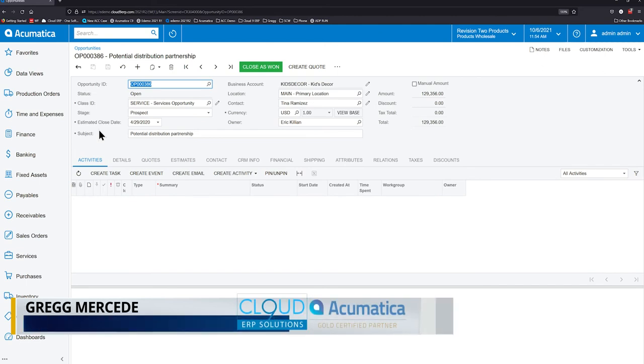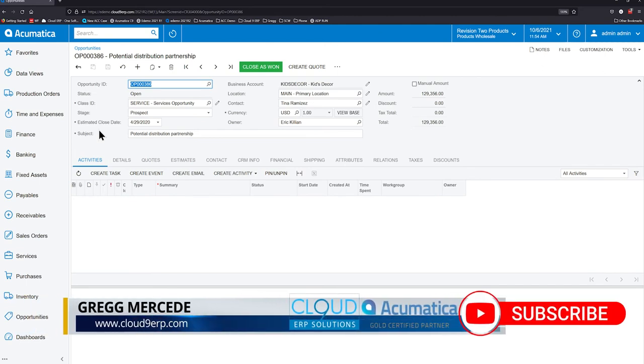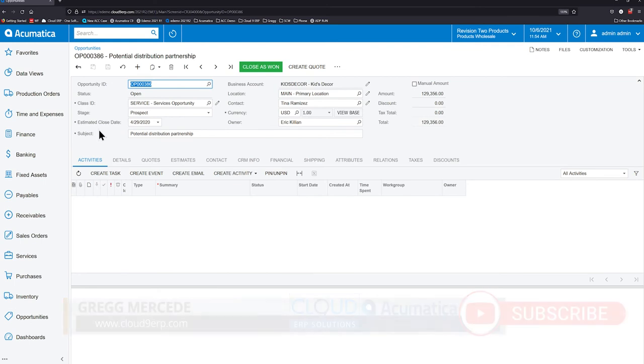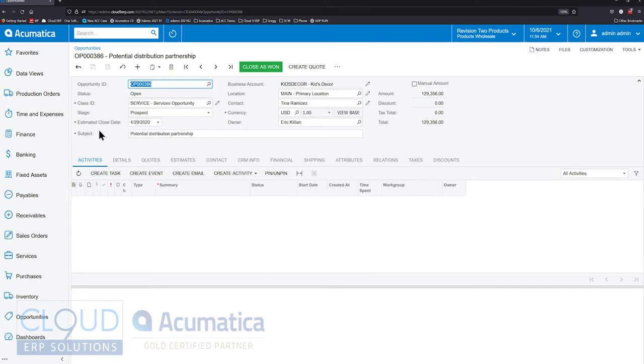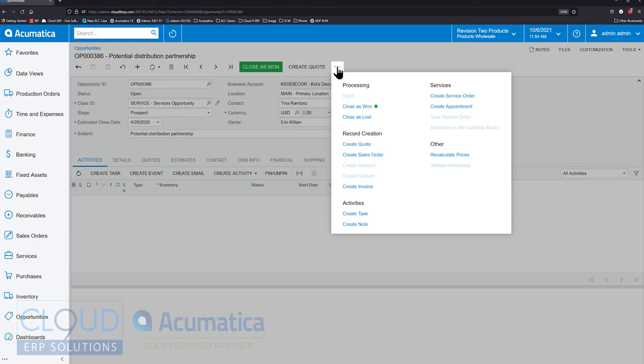There may be times where you're speaking with a customer and before anything happens, you may need to schedule an appointment. You may need to schedule a service appointment to a home or business to determine what the work is. So you may have an opportunity that really has no details or quotes yet. We just need to get an appointment in the field so that somebody can go out and meet with the prospect. So to do that, if we click on our ellipse here,